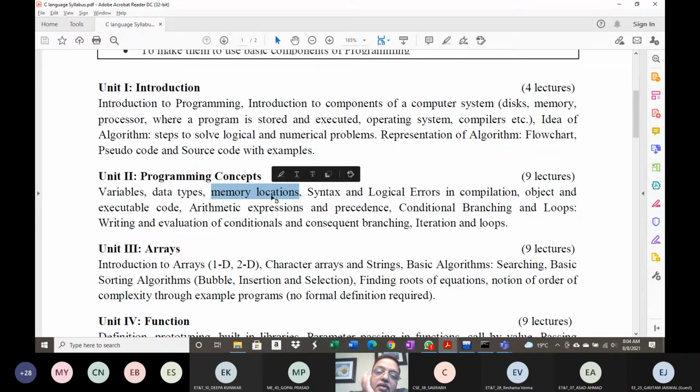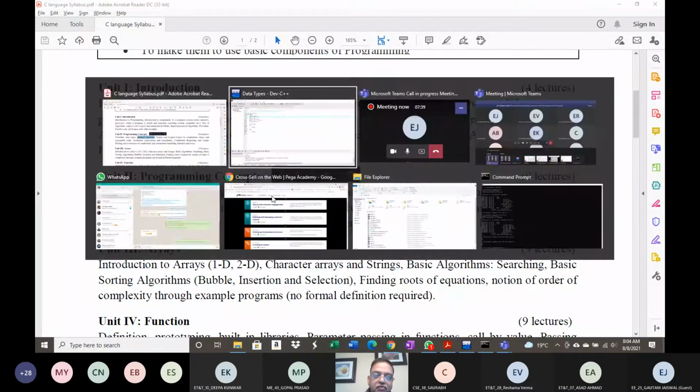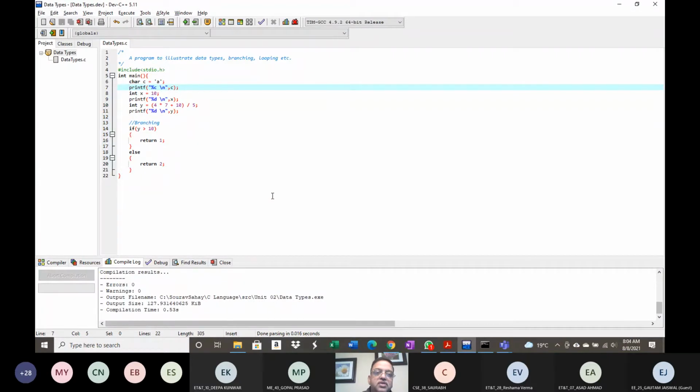This can be a stumbling block for many people, especially when we come to pointers. What happens is that the memory gets allocated when the program is executing. So if, for example, we have this program, suppose we have just compiled it and created the executable file. I have the object file and the executable file, all those things are there, but you have not yet run the program. At this point in time, no memory is getting allocated. It is just a program that is sitting on your computer.